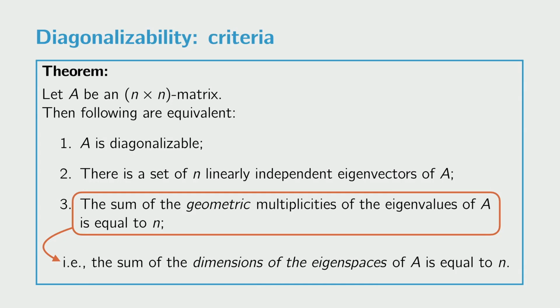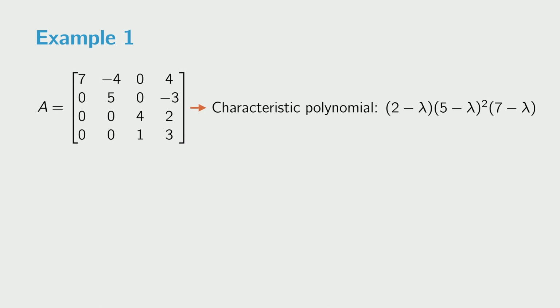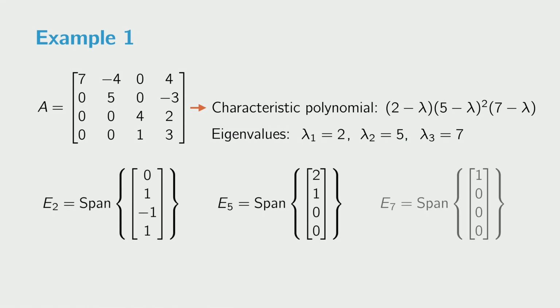Let me show you in an example why this is necessary. Look at this 4x4 matrix A. To see if it's diagonalizable, let's try to find 4 linearly independent eigenvectors. I'll skip most of the calculations, you can check these yourself. Matrix A has this characteristic polynomial, here given in factorized form. You see that the eigenvalues are 2, 5 and 7. Following the standard procedure to find the eigenspaces, you get the following. All eigenspaces are one-dimensional. That means that all geometric multiplicities are 1, so they sum up to 3. Too small, according to the theorem.